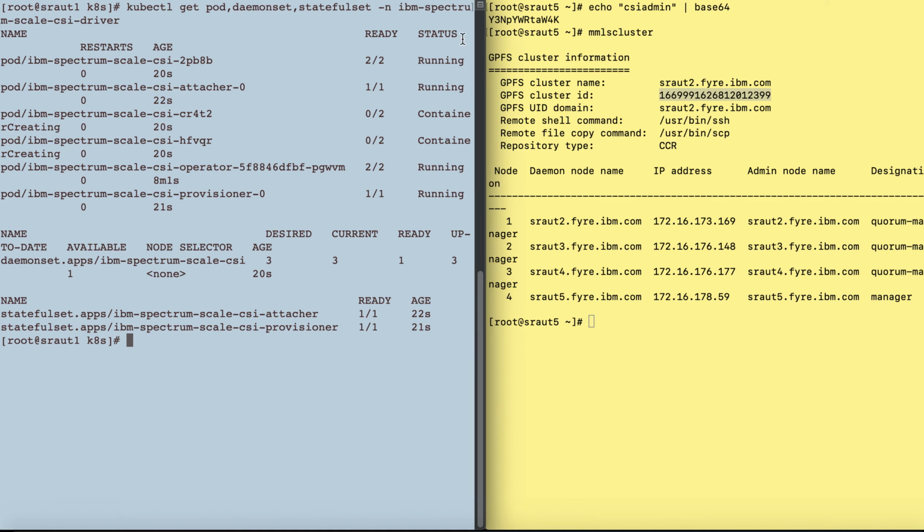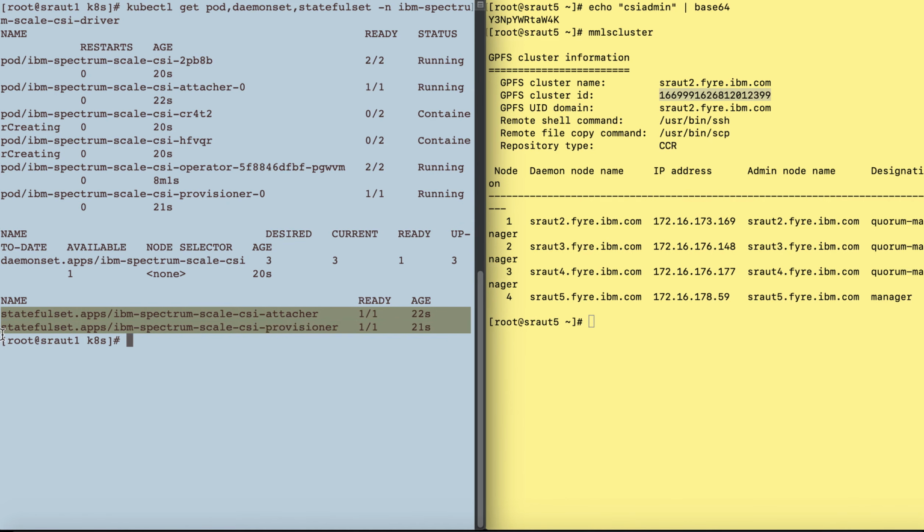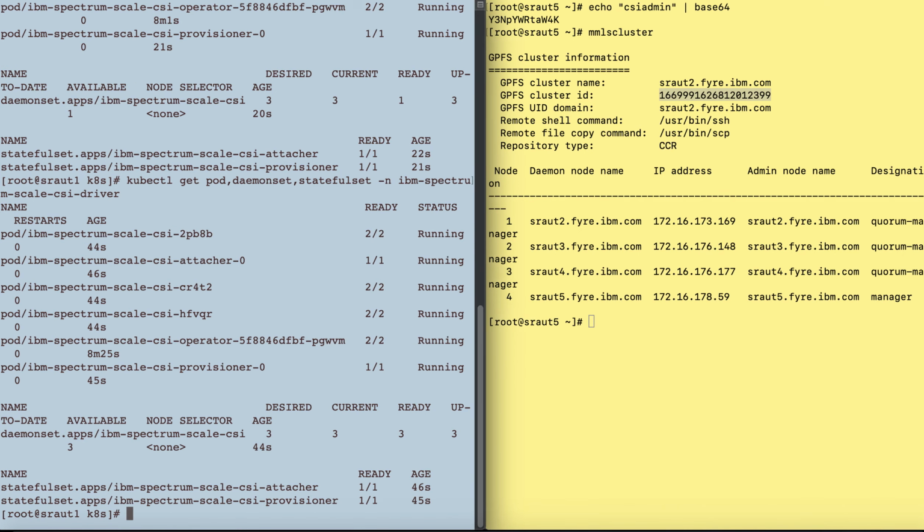So as we can see, the pods are spawning and they are coming into running state. The stateful sets are already up. Attacher and provisioner are already up. Daemon set is already up and pods are also starting to come up. As you can see now, all the pods are in running state. These are the pods that are spawned by daemon set. So if we do